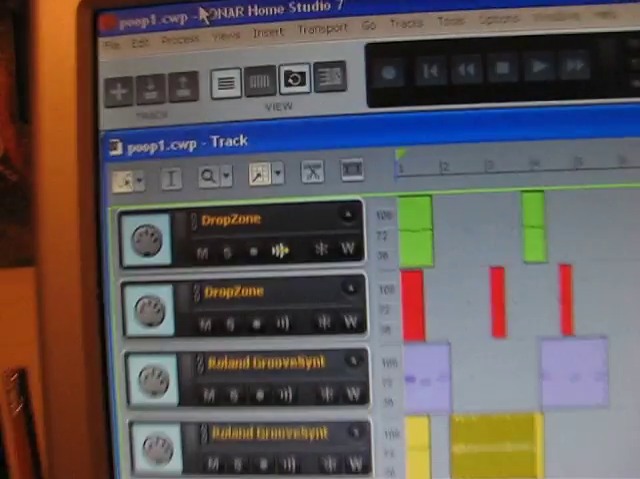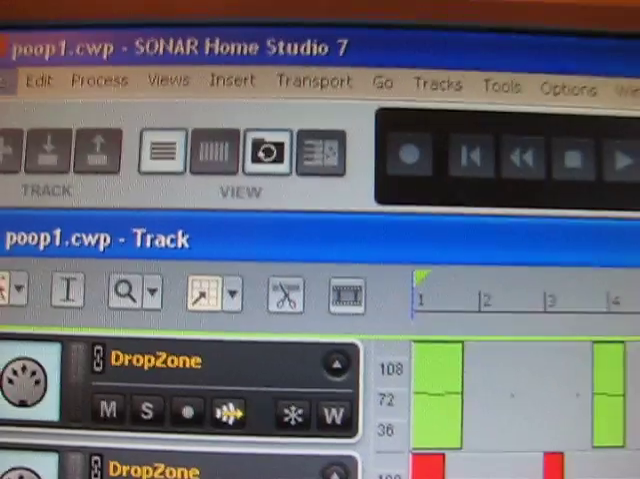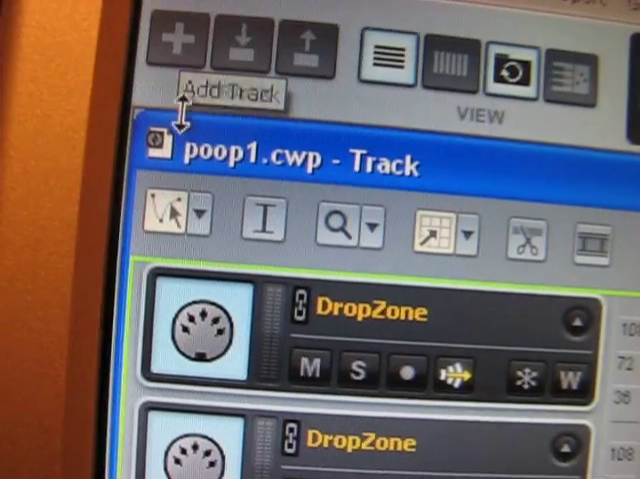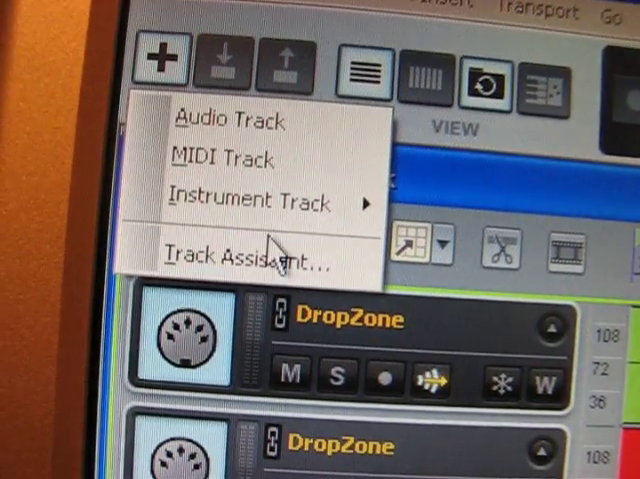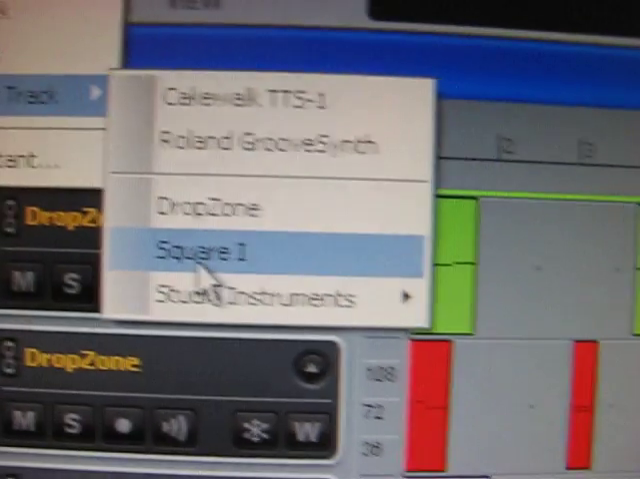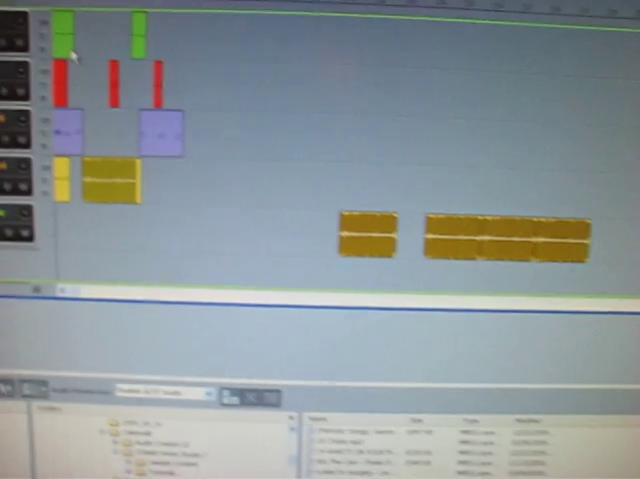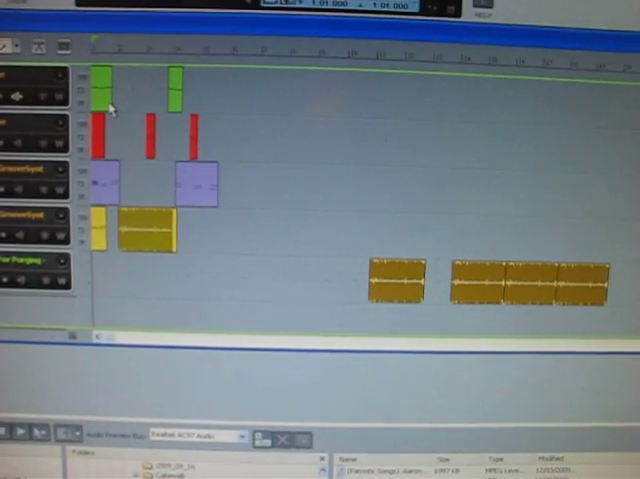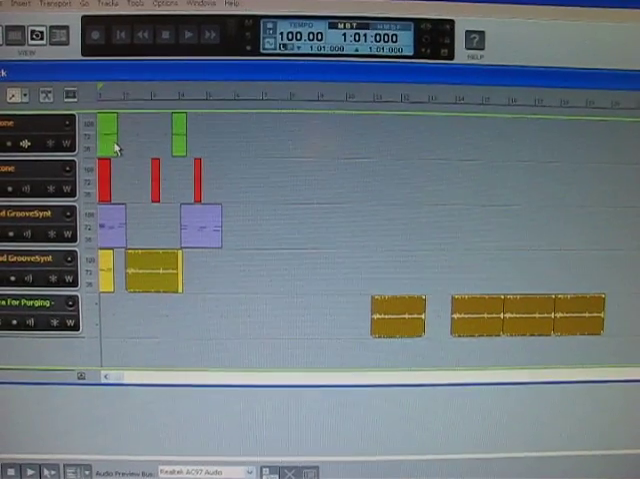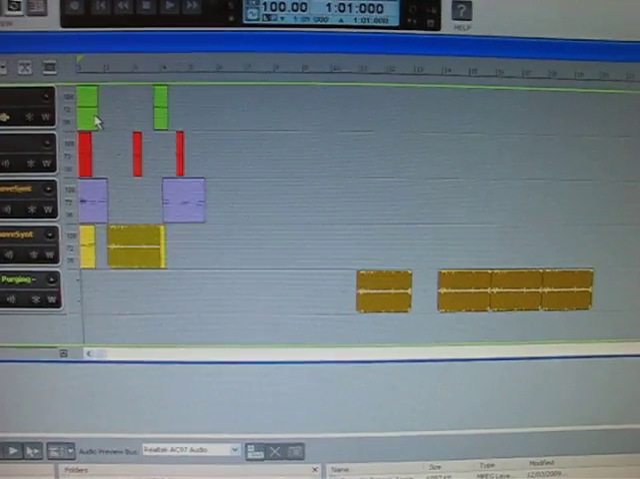And we'll try adding another instrument that I haven't showed you yet over here. We'll go to plus instrument track, studio instruments. We've got a drum on here, right? And it'll pop up a screen. This one tends to freeze up a lot on my computer anyhow. It'll pop up the screen that'll say